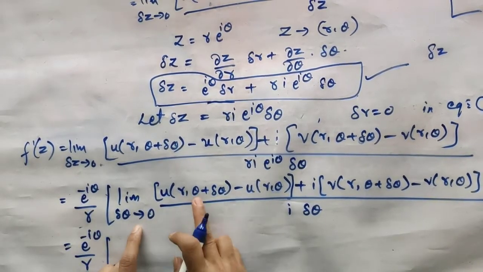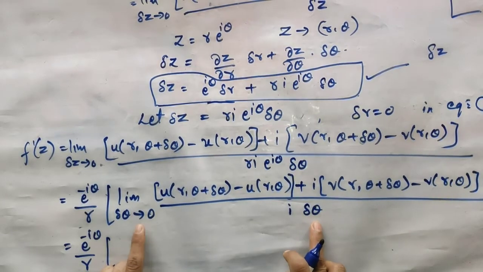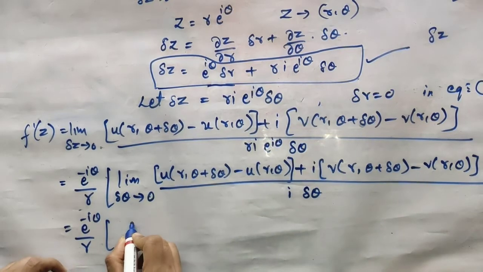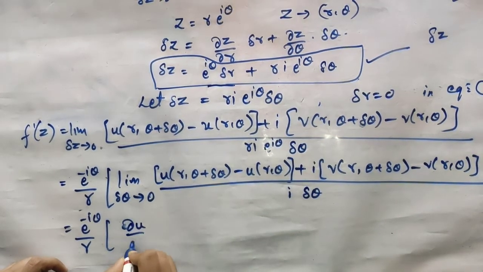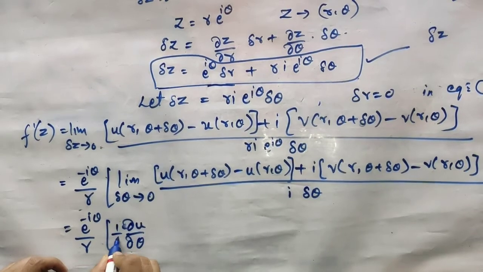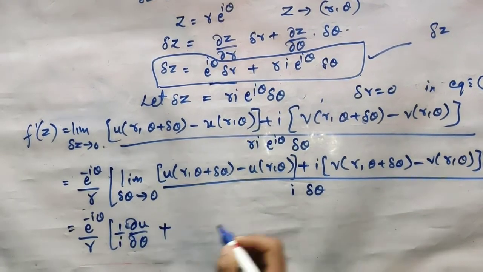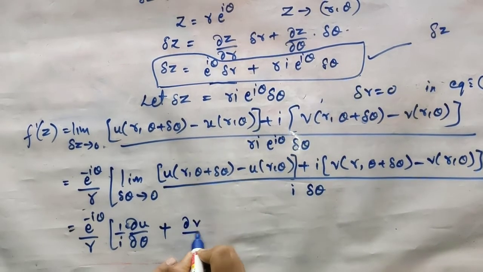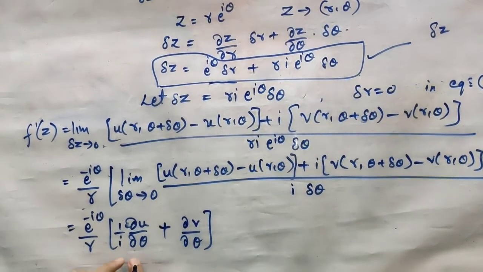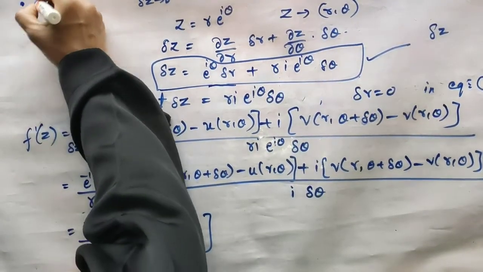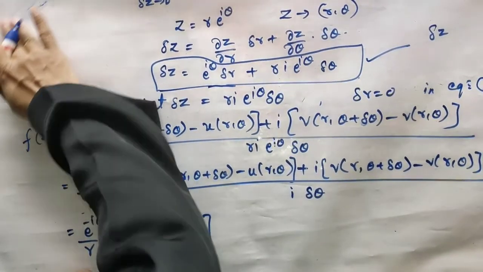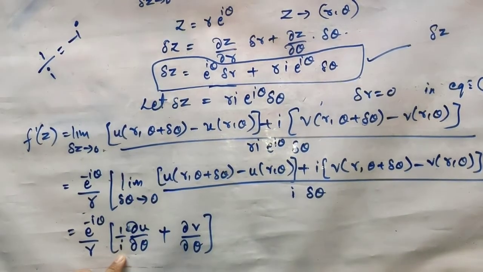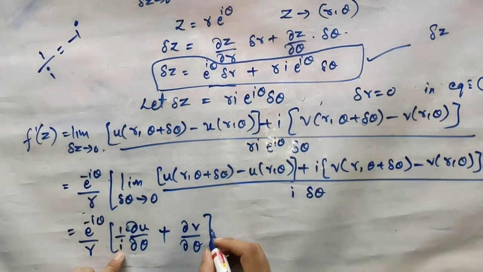Now take the limit as delta theta tending to 0, as delta theta is there in the denominator. If you separate and do it, you can do it, but at this stage also we can do that. It will be dou u by dou theta into 1 by I, which is still there. Plus, now again I and I get cancelled here. If you separate that term, it will be dou v by dou theta alone. Now what is 1 by I? It's minus I. 1 by I is minus I. So I'll replace it by that.